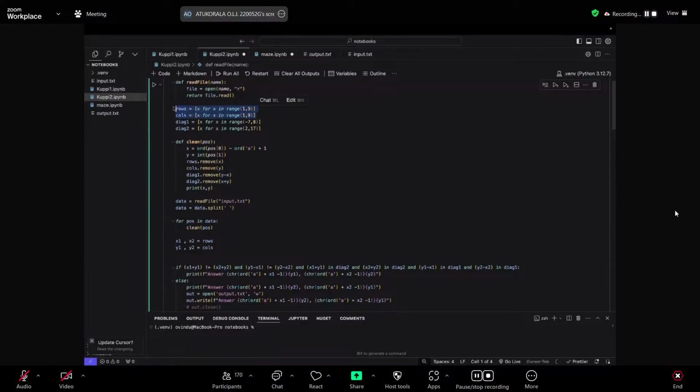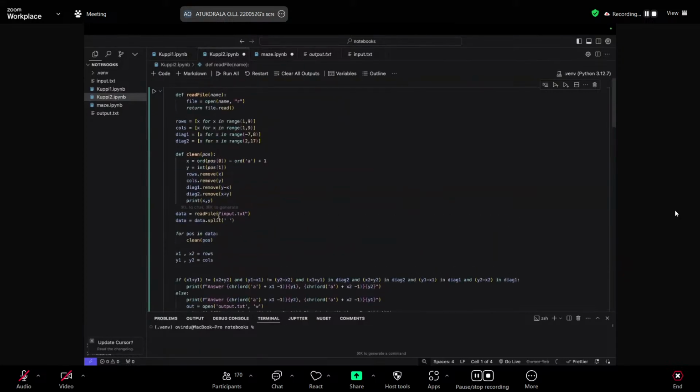So if you have a look, my code starts from somewhere around here. I first take the input. So I read the file, which is the input.txt. I split the file. So I think that's another function that will come in useful when you all are passing an input,